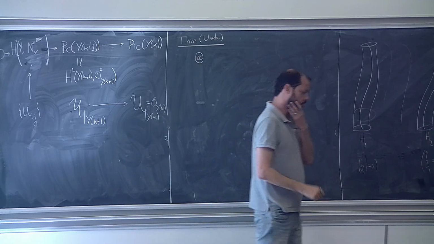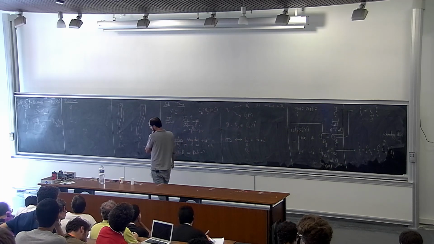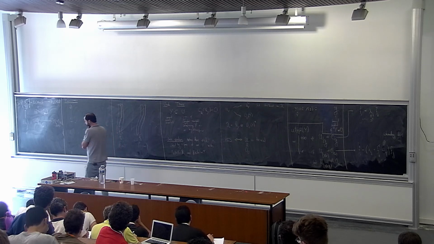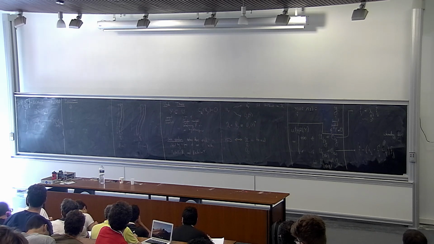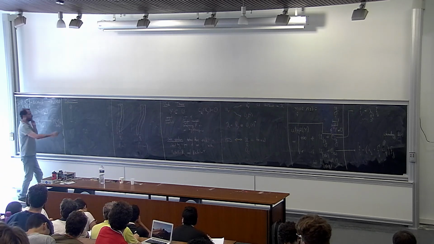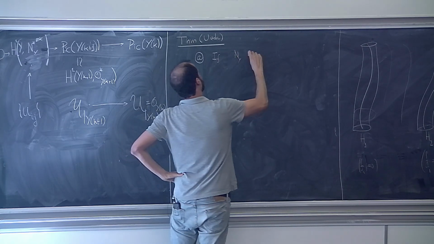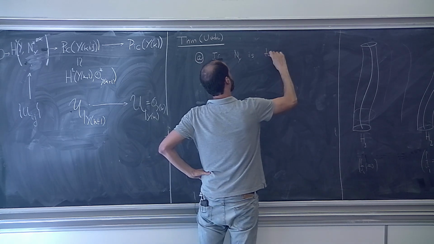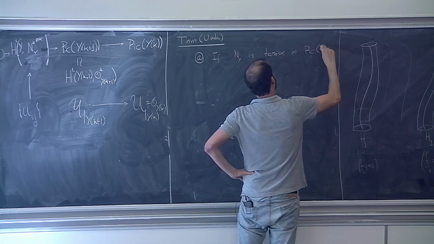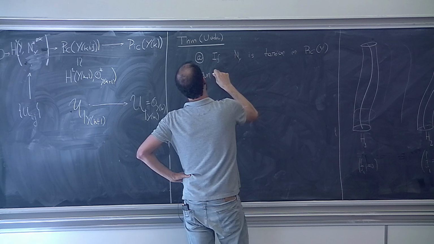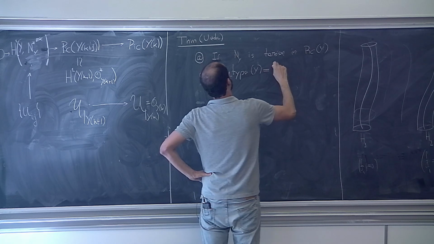Oh, and the first result is not actually due to Ueda, even if the definition of this invariant is due to him, but I think that it already appears in work by Hirschowitz and perhaps somebody else before Ueda, and says the following: if the normal bundle of Y is torsion, and the U type of Y is equal to infinity,